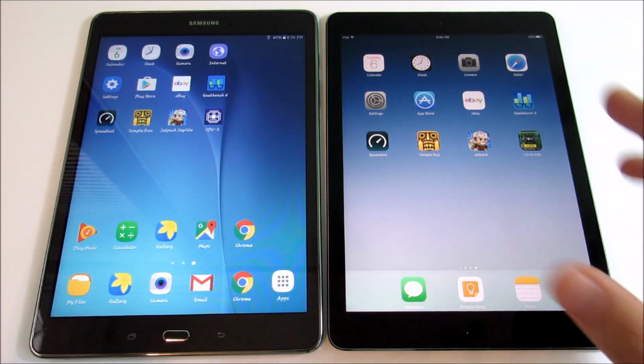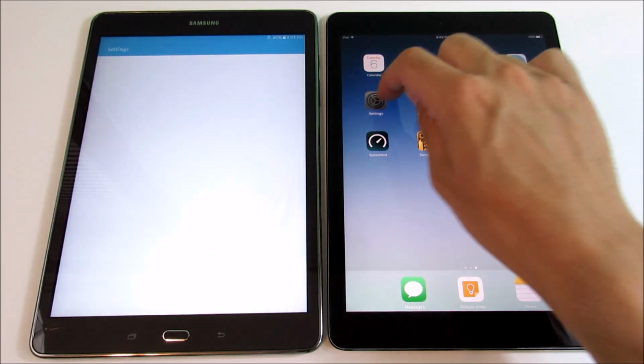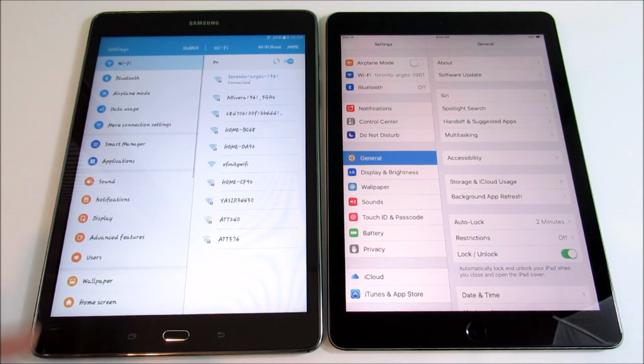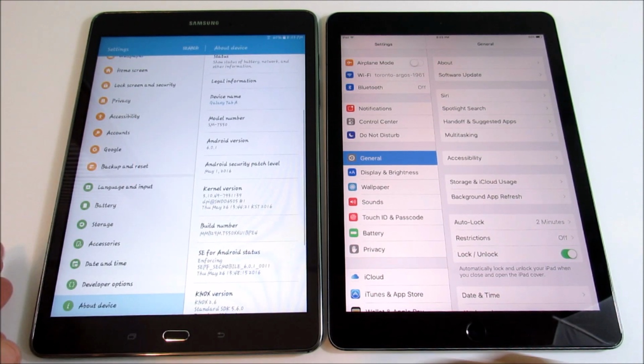So you can see both are very similar in terms of just the way they're set up. Samsung does allow you to put more applications on the home screen than the Apple device does over here on the right. But I want to go into settings and confirm the software versions that we are running on both of them. So if I go down into the Samsung, into the About Device section, we're going to scroll down